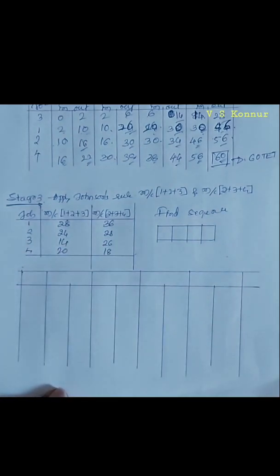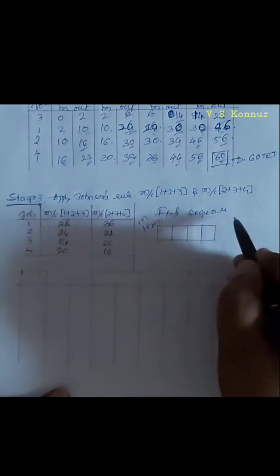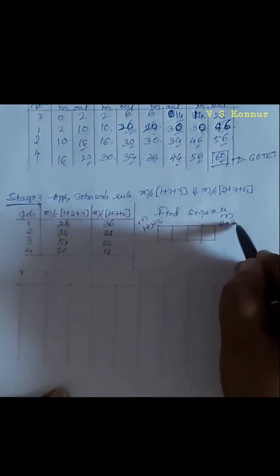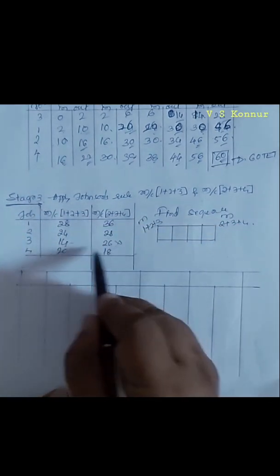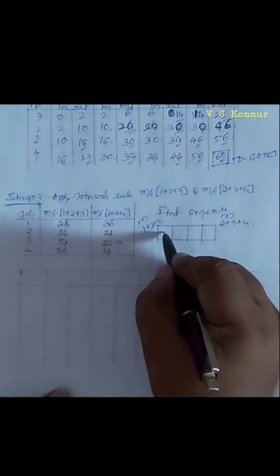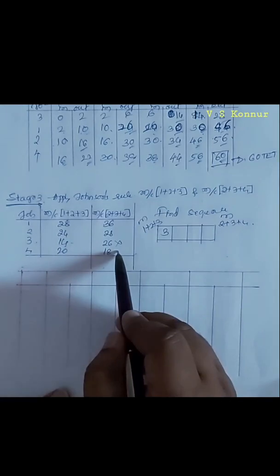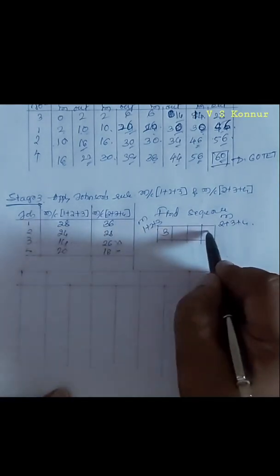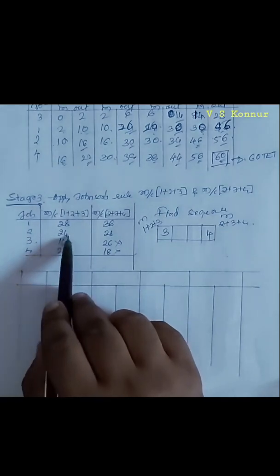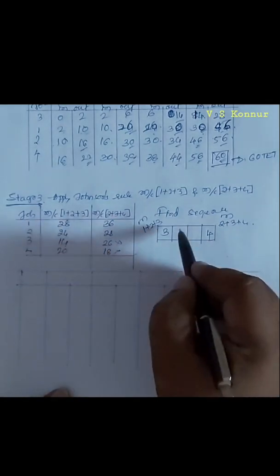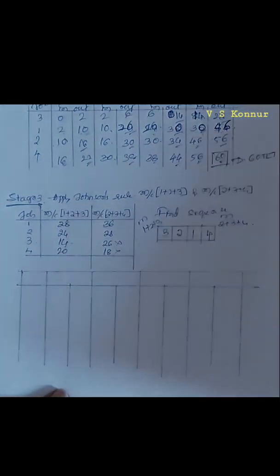Right. Next, according to this, we have to form the sequence. Here 1 plus 2 plus 3 I will write. Here I will write machine 2 plus 3 plus 4. So least we have to find. 14 is the least here. 14, third machine at here, third machine. Then least is 18. It is here. Next 24 is least. So 2 is here, 1 is 3, 2, 1, 4. The sequence we will get 3, 2, 1, 4.